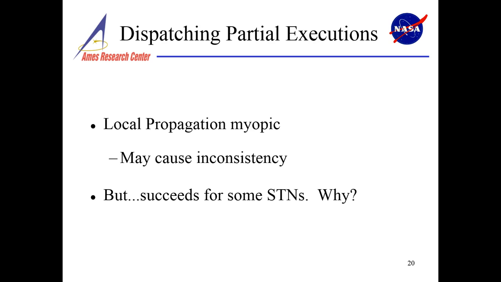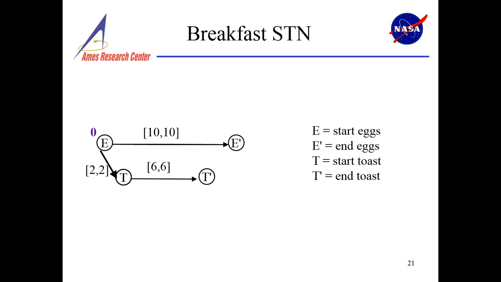So this is no surprise, since local propagation doesn't calculate the full consequences of a particular decision. Now, the interesting thing, though, is that there are some STNs where, in fact, this does work. So here's an example where it does work. It's the one I alluded to earlier as the more recipe type